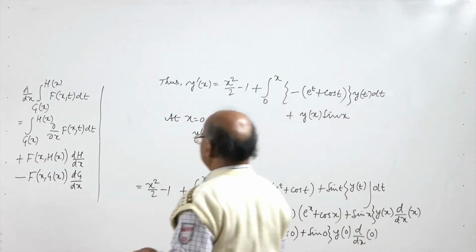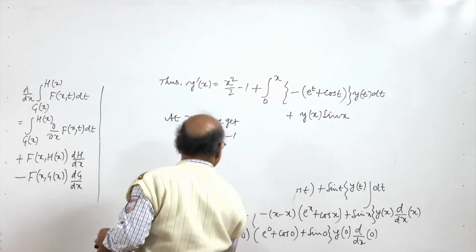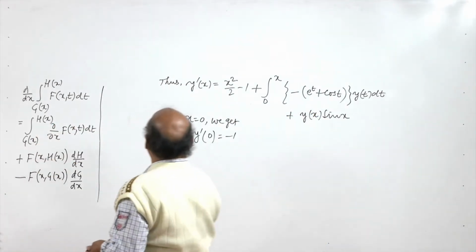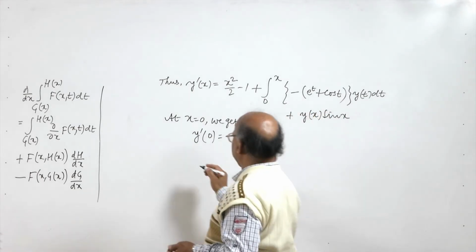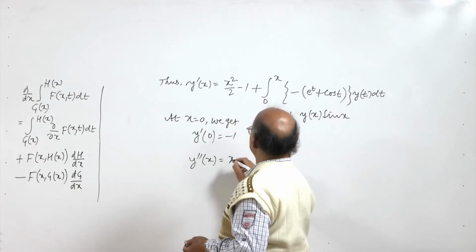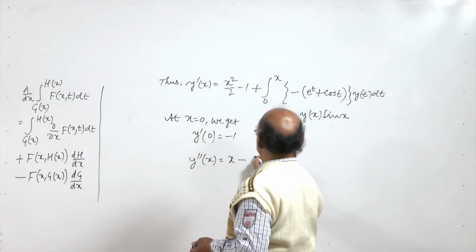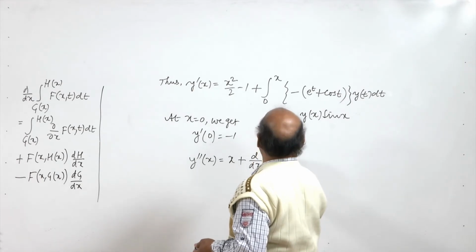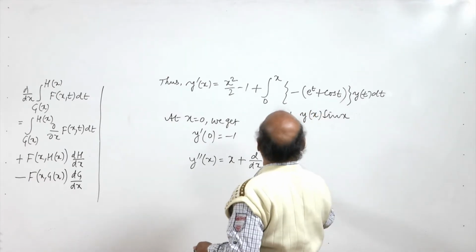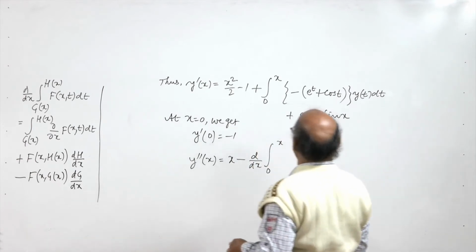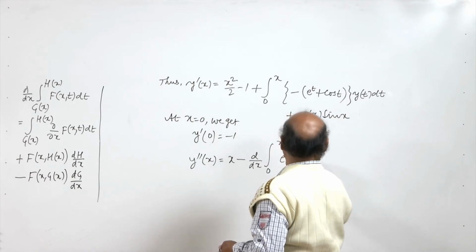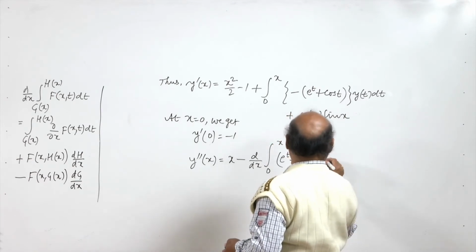Now let us differentiate it again with respect to x. So let us differentiate this equation again with respect to x. So we get y double dash x equal to 2x by 2, which is x, derivative of minus 1 is 0, minus d over dx of integral 0 to x, with this minus I can write outside. So minus d over dx of integral 0 to x e to the power t plus cos t into y t dt